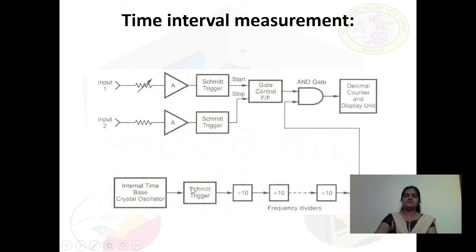These pulses we are passing through these divide-by-10 frequency dividers. In order to slow down the speed of the train of pulses, we have implemented frequency dividers using the divide-by-10 concept. Here we have implemented 3 decade frequency dividers; these are optional. As per the demands, we can use these frequency dividers.